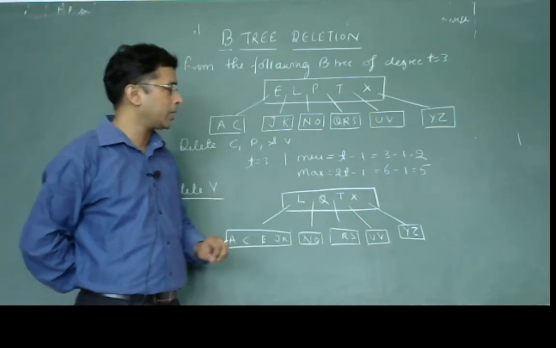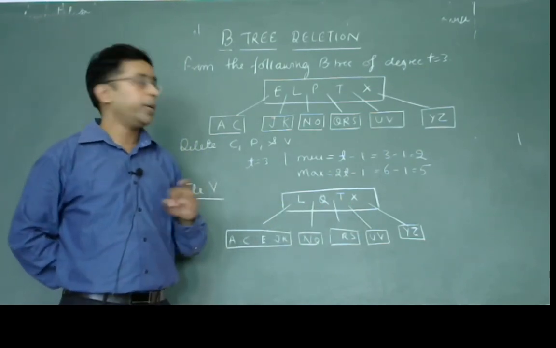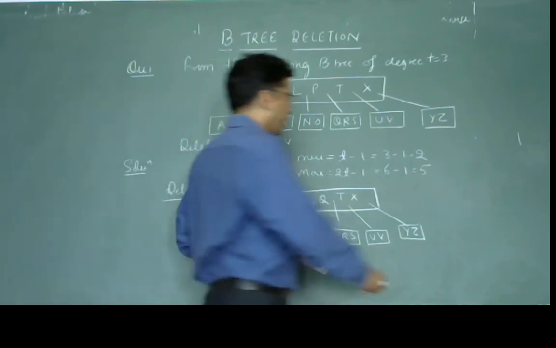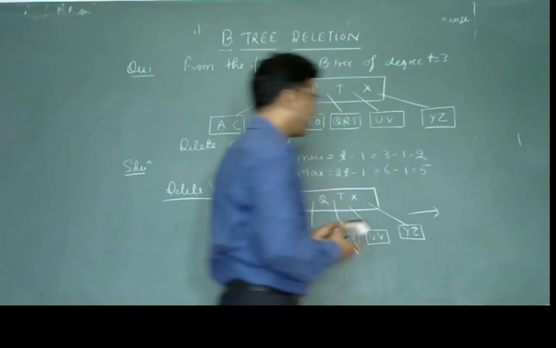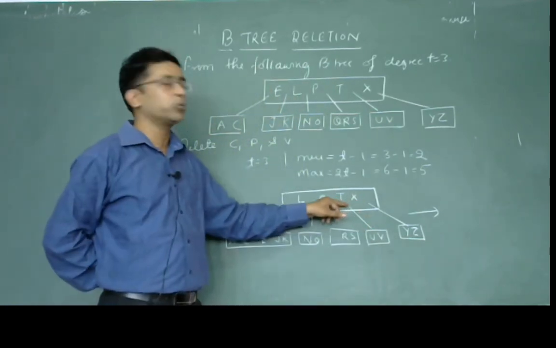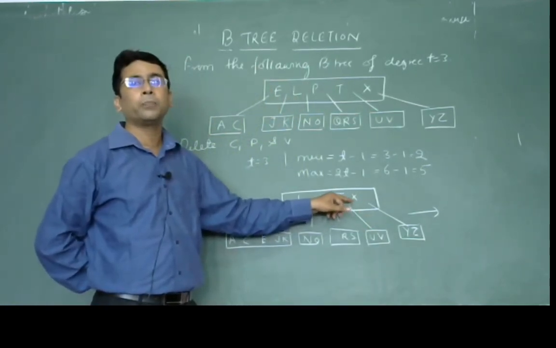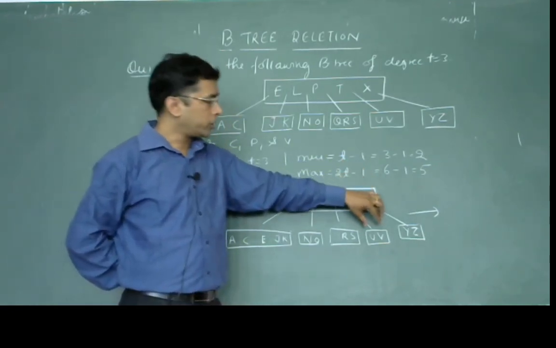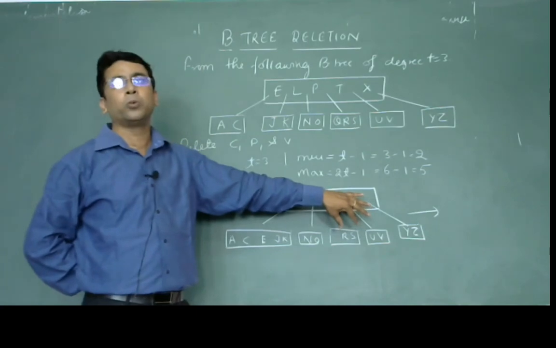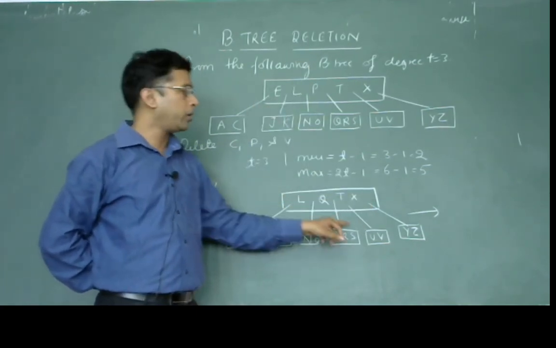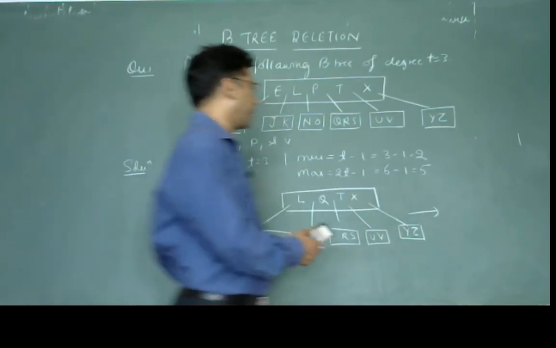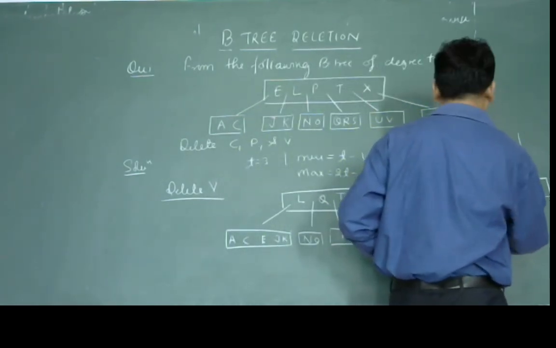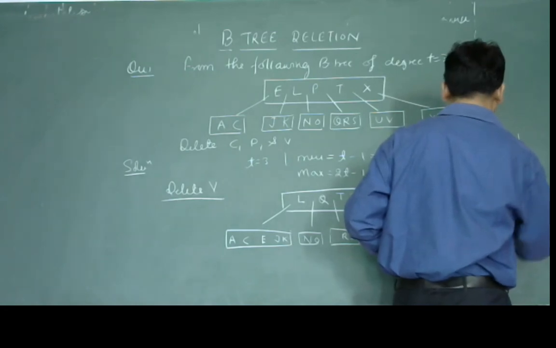that is X here, and when we shift X to this key, along with it the pointer associated with that key element also eliminates, and since this pointer eliminates, the discriminating point between these two nodes also eliminates, because of that these two nodes merge together. So finally after this it becomes like that: L Q T